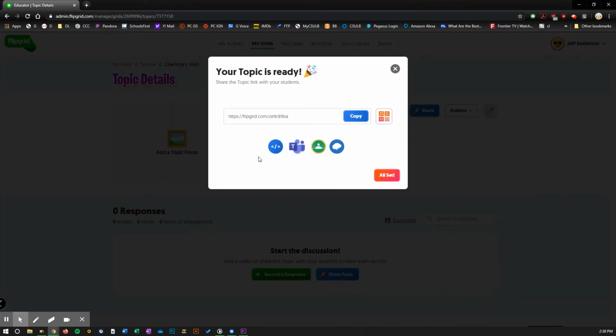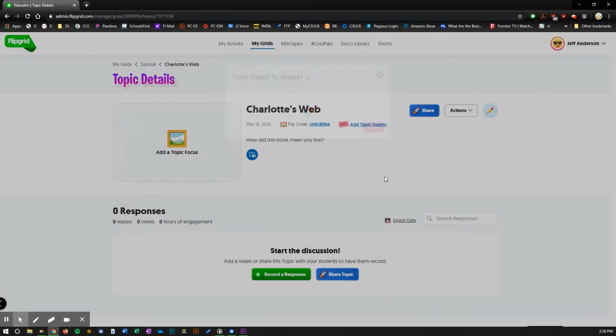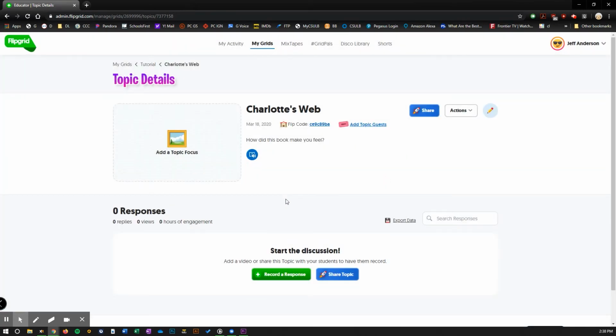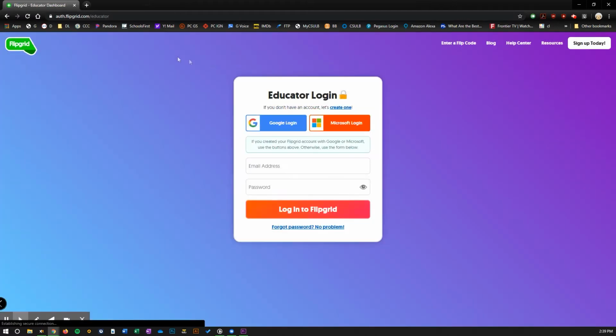And there we have our assignment. And from there, this is the grid number. So we're going to just copy that, or you can get a QR code for it, but we are all set. And so now we have an assignment to push out to the students. This is the flip code that we would give them. So with that grid code copied, I'm going to log out, and we're going to